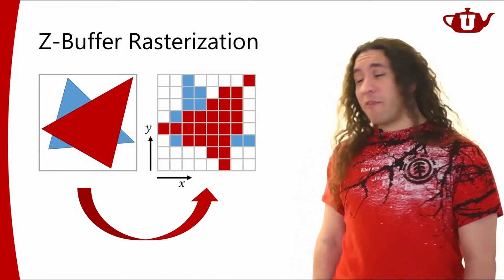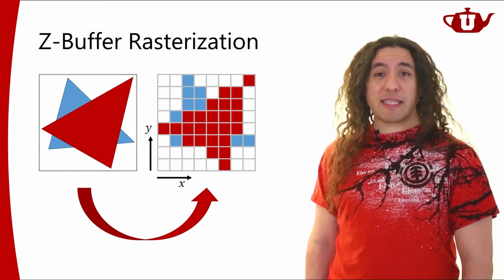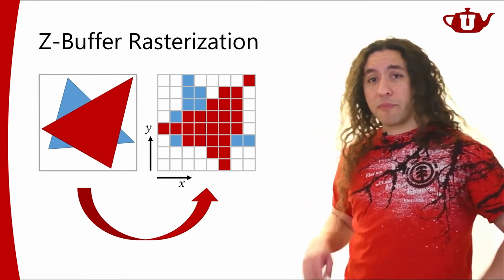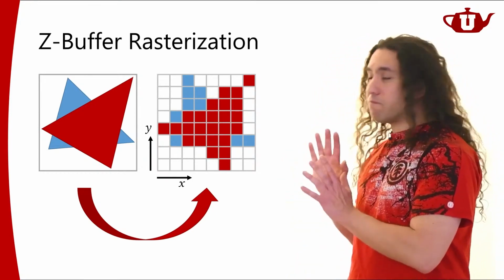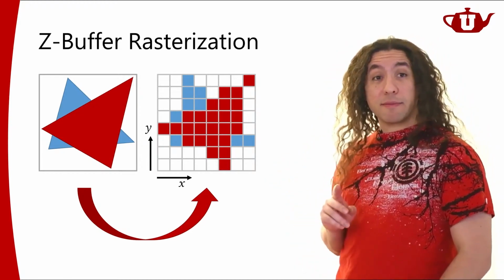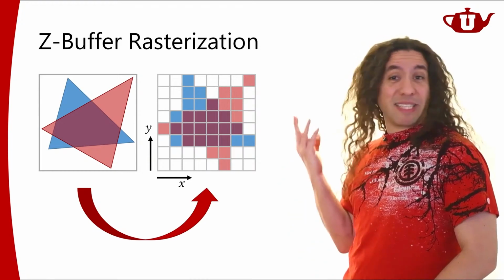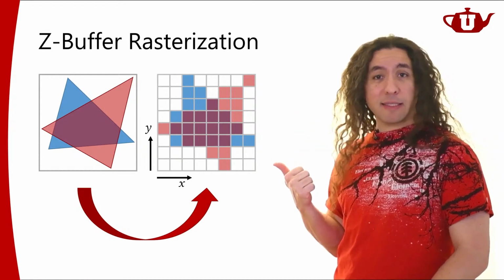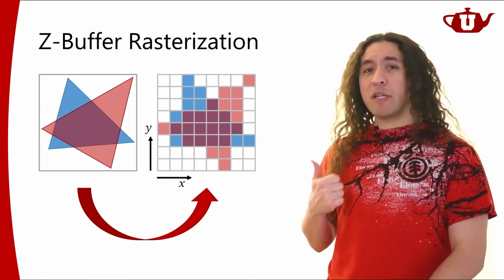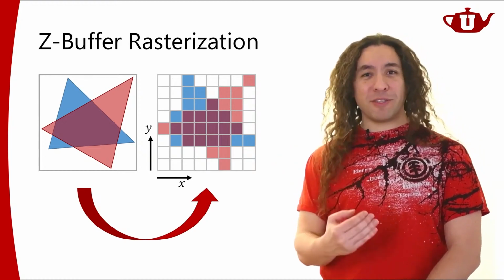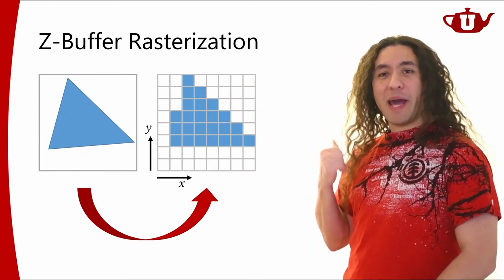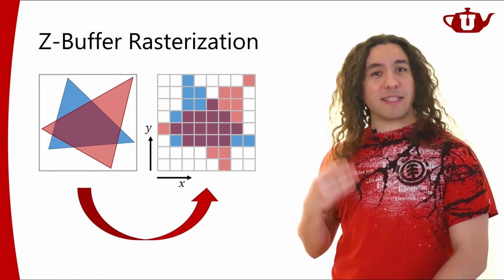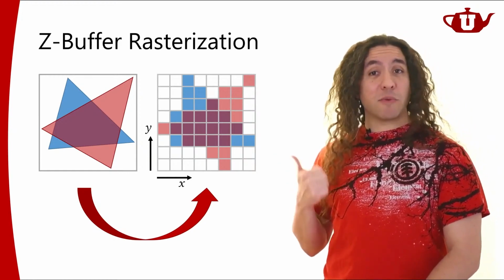Now, z-buffer rasterization, however, is not perfect. It struggles with semi-transparent objects, semi-transparent triangles. So if the 2 triangles are opaque, z-buffer rasterization is fine. But if one of my triangles, let's say the red one in this case, is semi-transparent, this would be the image that I would like to get, and I can get it only if I render the triangles in the correct order. So if I render the triangles at the back first, the blue one, and then I render the red triangle that is semi-transparent, I will get this image with z-buffer rasterization.